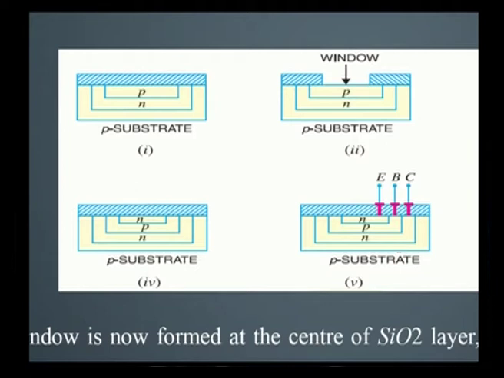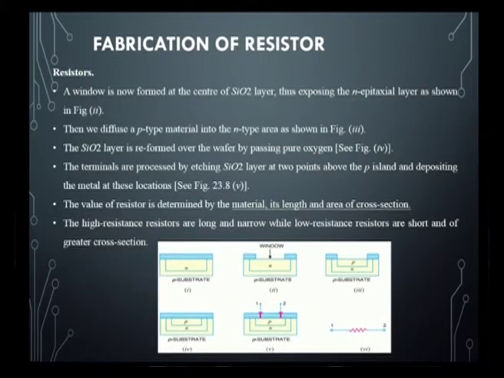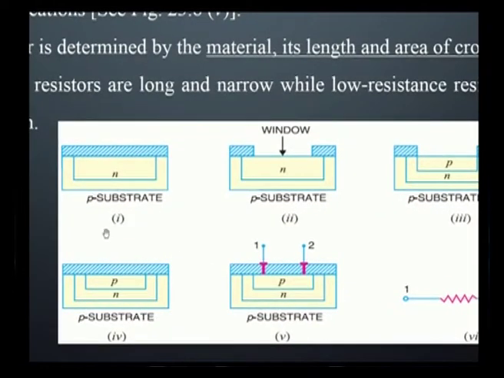So, using the monolithic IC steps, we are able to fabricate a transistor, with all the steps that are involved in monolithic ICs. The same procedure of monolithic IC fabrication is involved in fabricating resistors, and the resistor will also have the same process. The very first thing is how we get a P substrate, on top of which the N layer will be there, and the silicon dioxide layer will be formed. After that, the silicon dioxide layer, or insulating layer, is etched, a process called windowing, where the epitaxial layer is exposed.